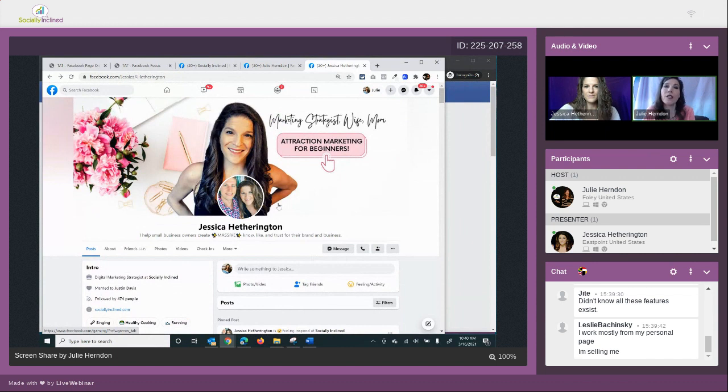And Facebook doesn't want you to use your profile strictly for business. You can mix business in, but it is supposed to be personal, and it can be shut down if it's strictly for business. Well, and the other thing, so Julie probably just terrified some people the way she just said that, but it can be shut down if